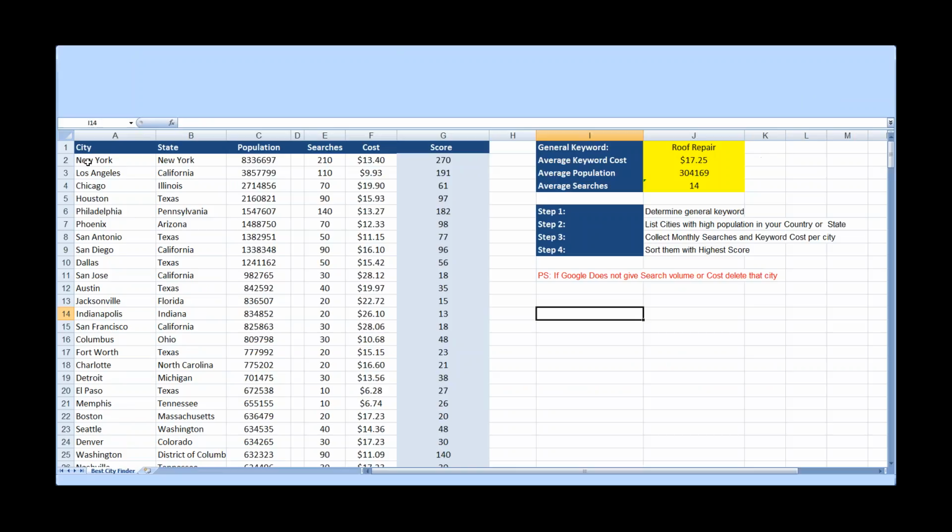So it has the column city, the location, amount of searches, the cost, and the score. Okay? So each niche has a general keyword. And what you're going to do is look in Google Planner how many searches there are for a certain city and how much Google said those clicks cost. Okay? So let me go to